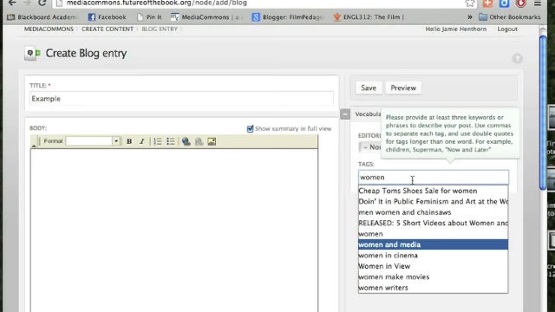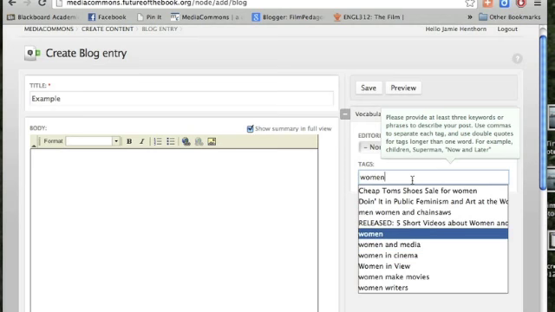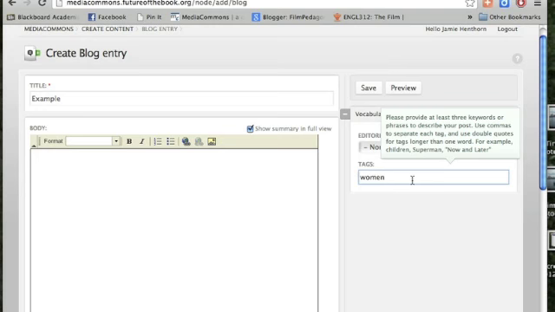We can put women in media. We have women now. And we'll go ahead and select that. You put a comma in. You could put digital space. I think this is the only one right now on digital space, but we find feminist digital space if we look that up. And we can go ahead and list one more, but